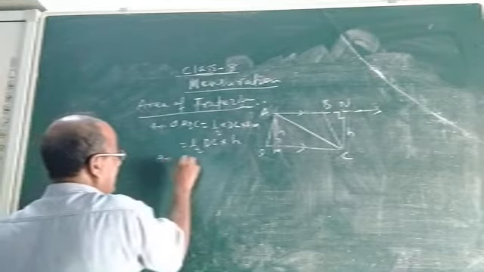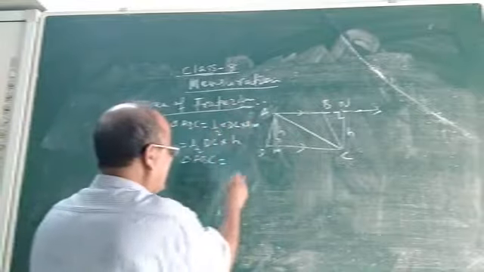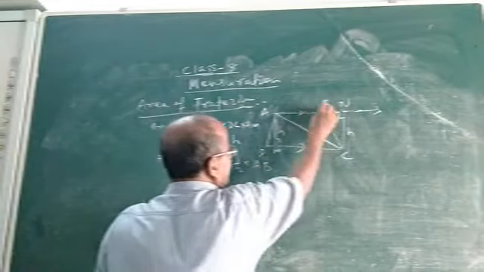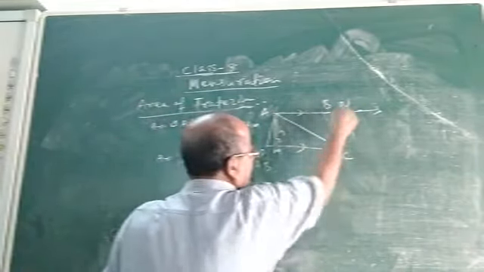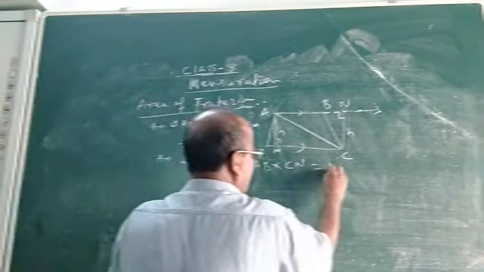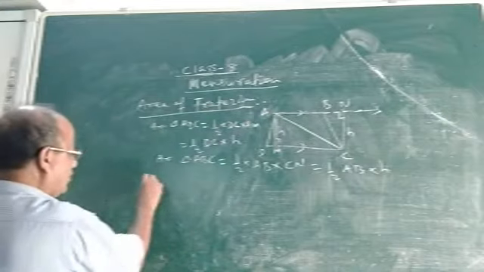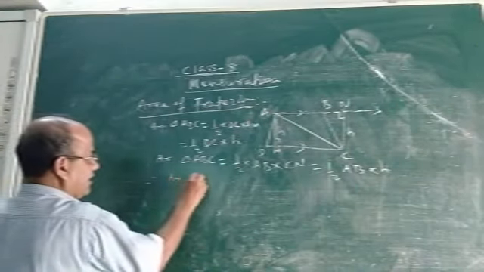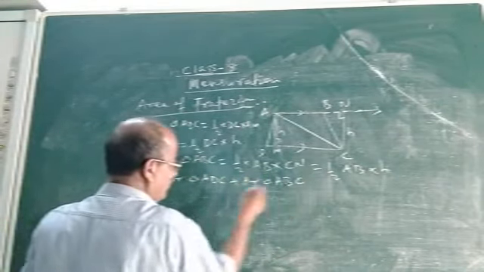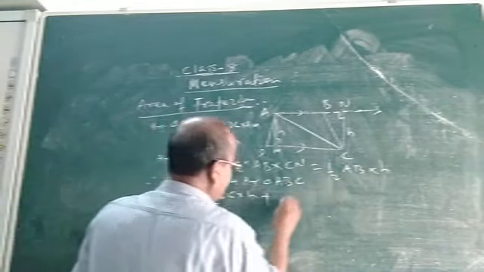Now, again you find the area of triangle ABC. So what will be the area of triangle ABC? The same formula, half into base into height. In this, which will be the base? AB will be the base. And if AB is the base, which is the corresponding altitude? The corresponding altitude will be CN. See, half AB into CN, that is half AB into the length of CN, which is H. Now you add the two. Therefore, area of triangle ADC plus area of triangle ABC will be equal to half DC into H plus half AB into H.